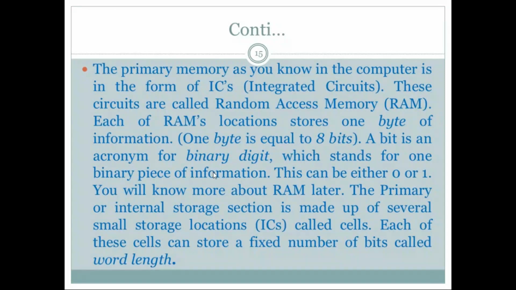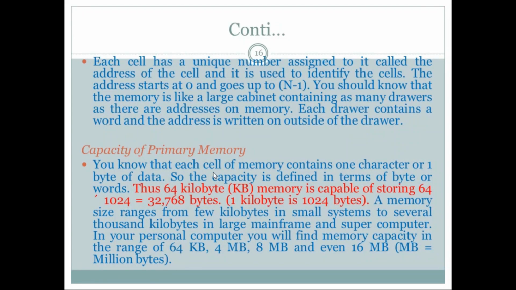So the primary memory, as you know, in the computer is in the form of integrated circuits. These circuits are called random access memory, or RAM. There is the capacity of primary memory. Each cell of